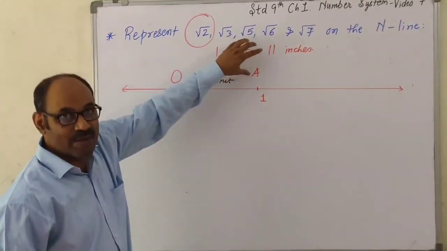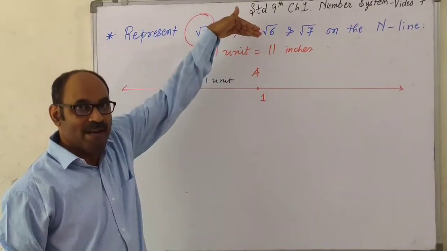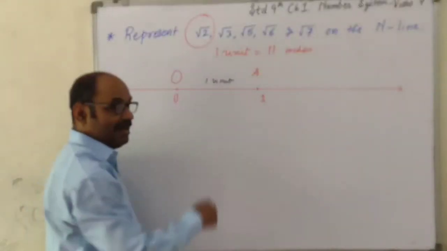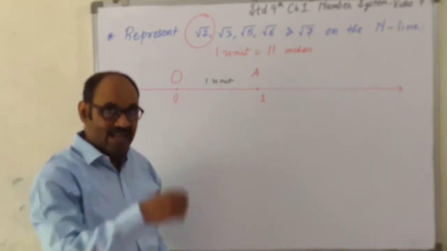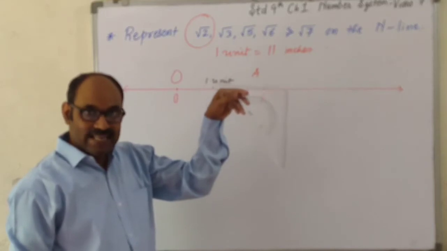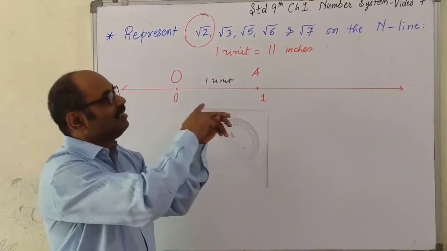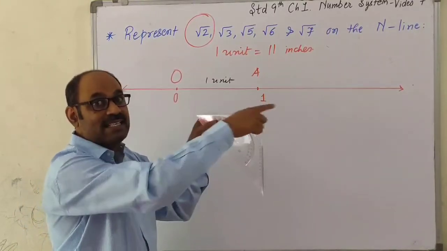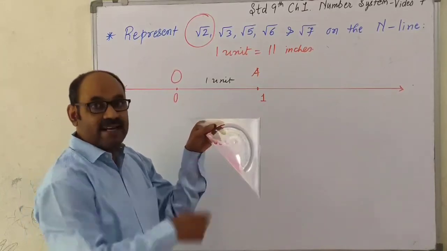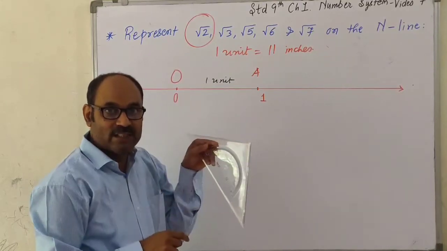Since there is no space in all the forthcoming sums, we'll draw in the upper plane. Here I am drawing it in the lower plane. I have to draw a perpendicular at A, a perpendicular line segment of length 1 unit. For that, I need a set square. It has 2 perpendicular edges. Can you see that? These 2 edges are perpendicular to each other. This corner is the vertex at which the right angle is formed.